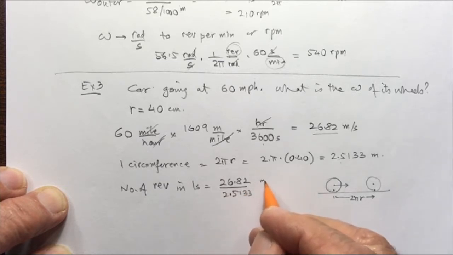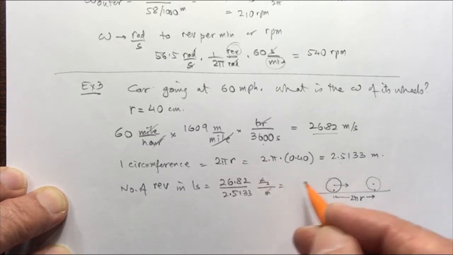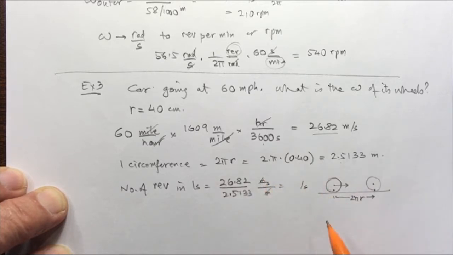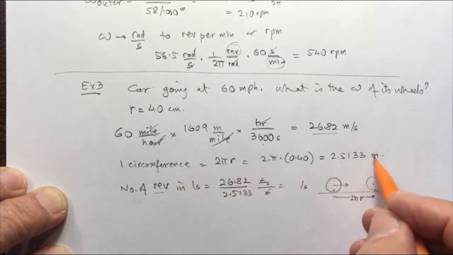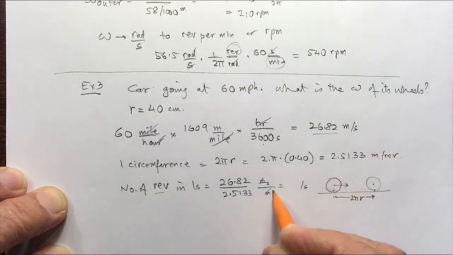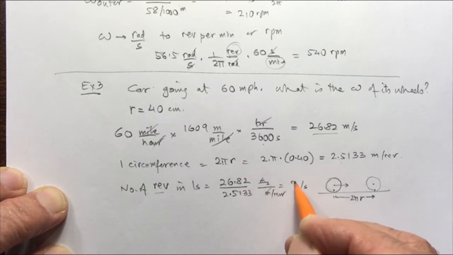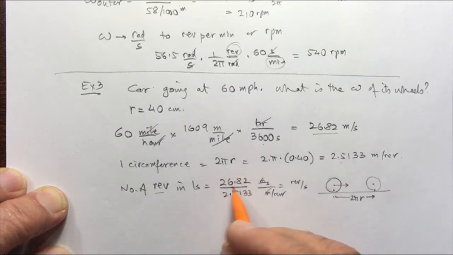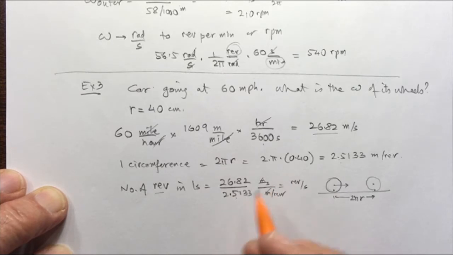So that's meters per second divided by meters, so it's just per second, and this is now revolutions, because this is meters per revolution. We could put a per revolution here and we'll have a rev here, and this 26 over 2.513 comes to 10.67